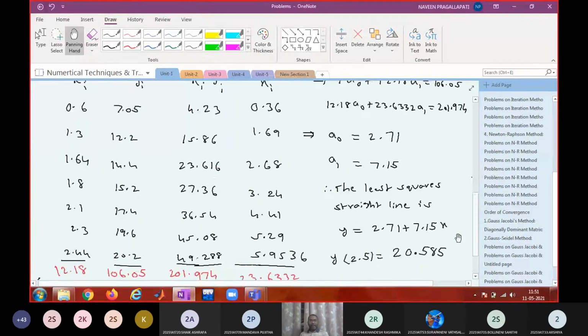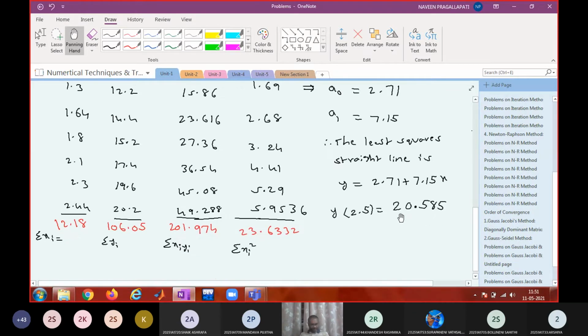Okay. So all the straight line fit problems are like this only. Some data is given. You have to prepare the table and substitute the values in the normal equations and get the unknowns. And if some value is asked, estimate that value. Is it fine? Shall I give some problems as homework on straight line fit? Will you do it?